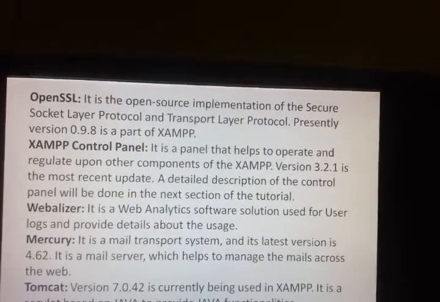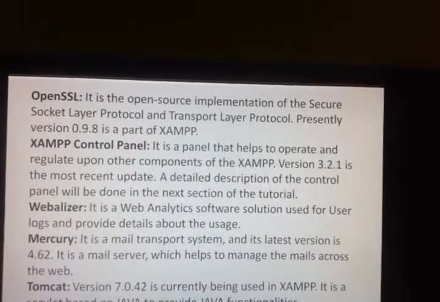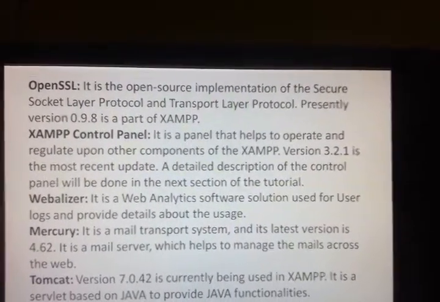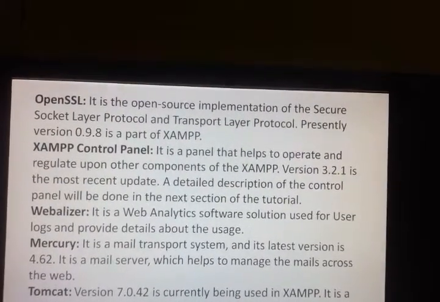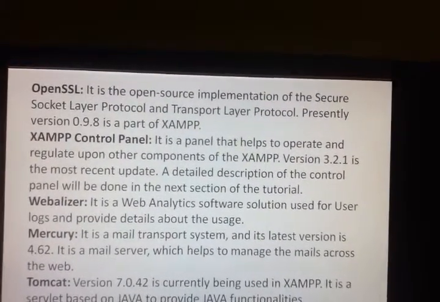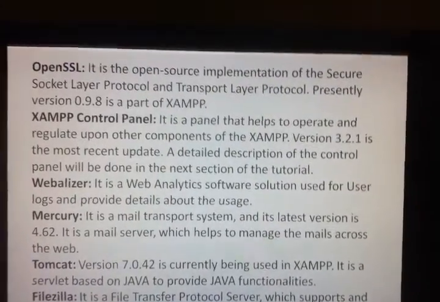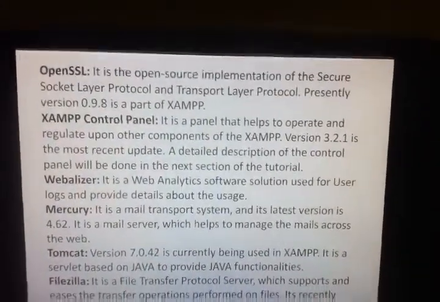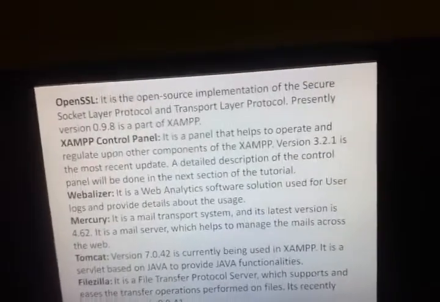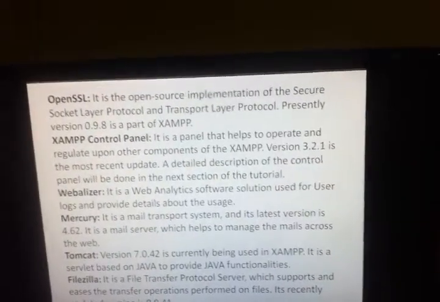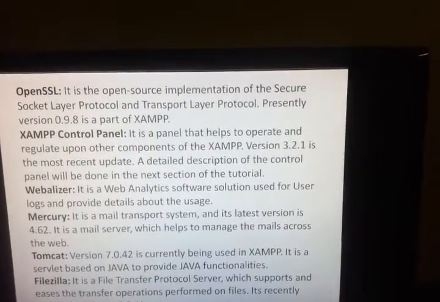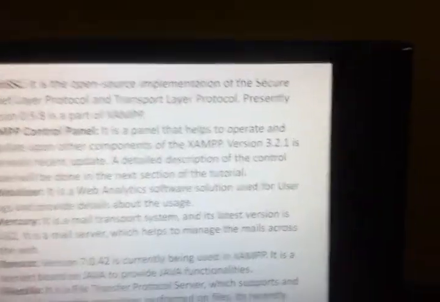Means the working of XAMPP is based on these particular protocols. Because as we deal with server-side scripting, posting of data from one to other, so we need OpenSSL.